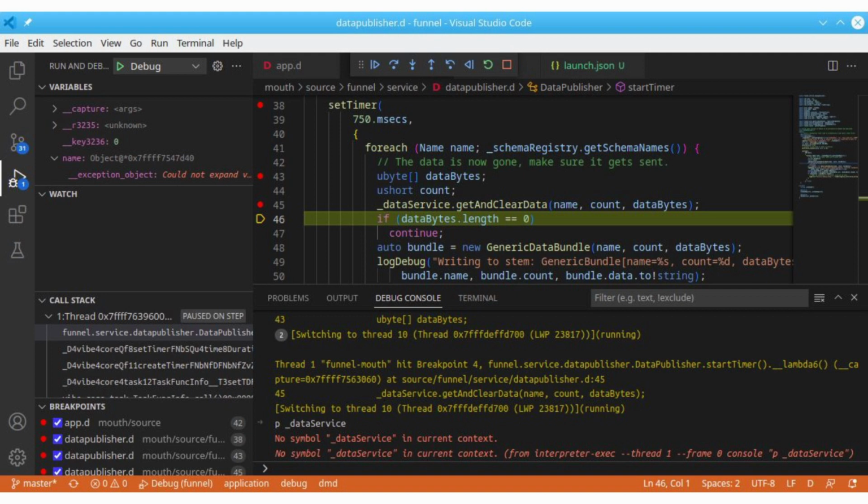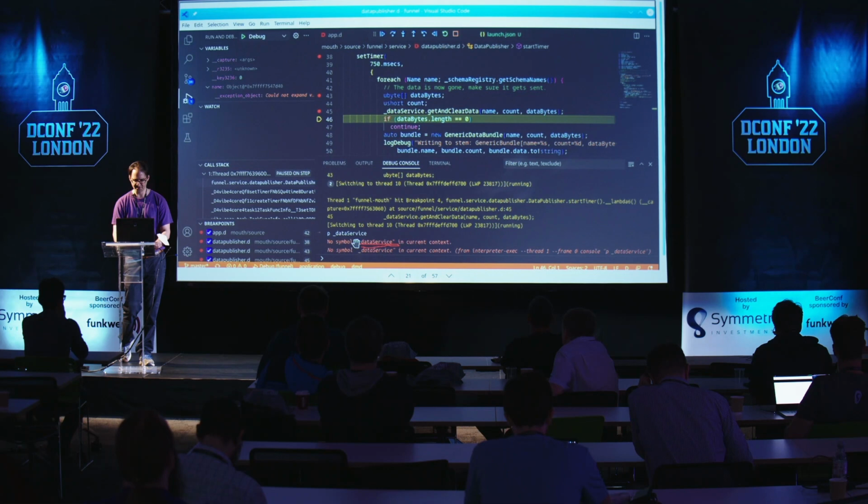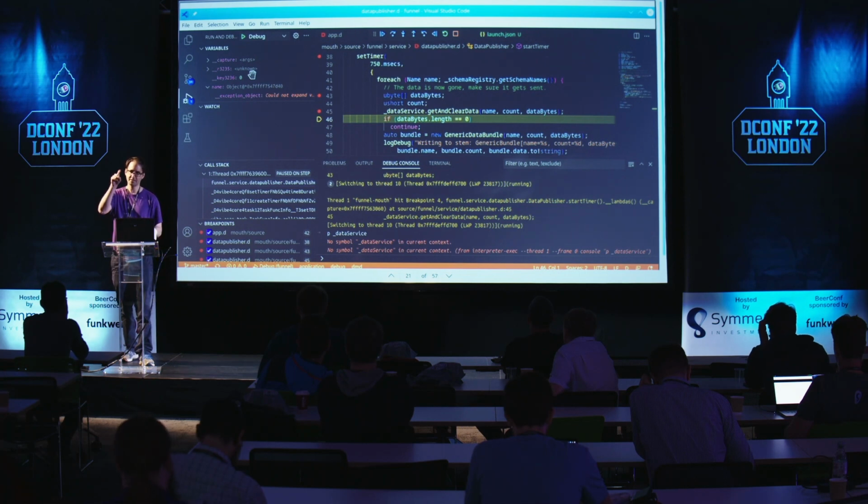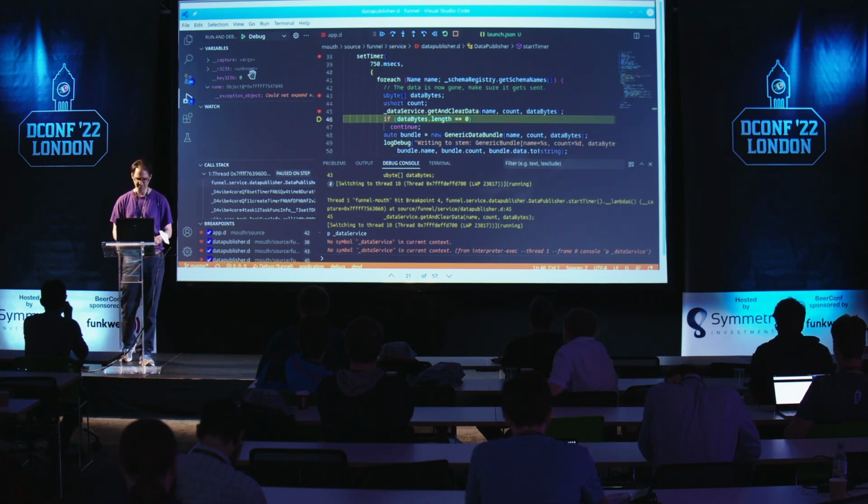So it looks like this. This happens to be a debugging session, and you have a nice, smooth-looking piece of code. You can pause. You can see what's going on. You can print out breakpoint information. This is that example I was talking about here. If I tried to print out a data member, and it says data service does not exist in the current context, that's fixable. You can see what the variables are that I'm watching, and you can click and point with it and debug in a nice, very comfortable fashion.